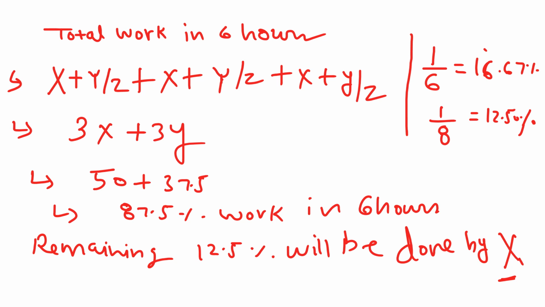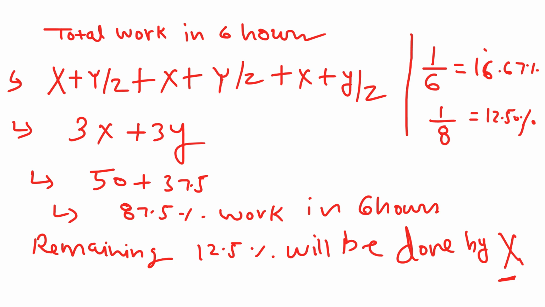We can solve this question in percentages. Suppose we have total 100% work, and 1 hour work of X is 1 by 6, equal to 16.67%, and 1 hour work of Y or Z is 12.5%. Now in a total of 6 hours, first hour X has worked, second Y or Z and so on. So total 3X and 3Y. 3X equals 50 and 3Y equals 37.5. So total work in 6 hours is